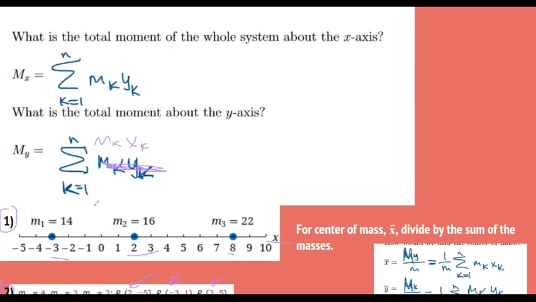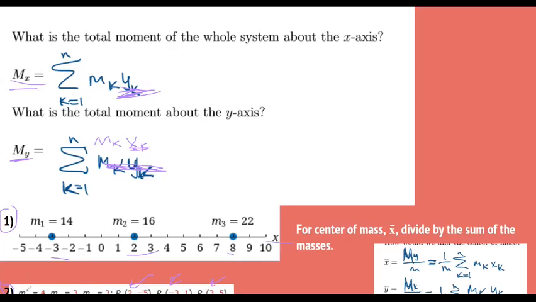It's just telling you the sum of the m times x, m times y. So if you're trying to find Mx, you use the y coordinates. And if you're trying to find My, you use the x coordinates. So that's something to be careful of. It's backwards of what you think. But for this number two down here, which I hope is not cut off for you,